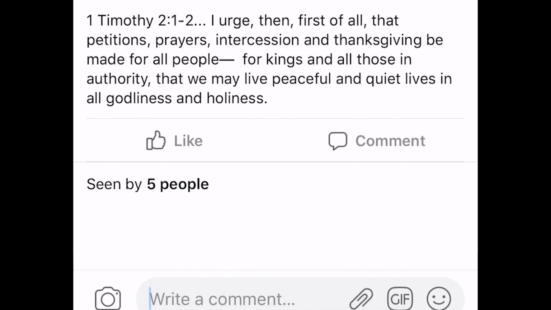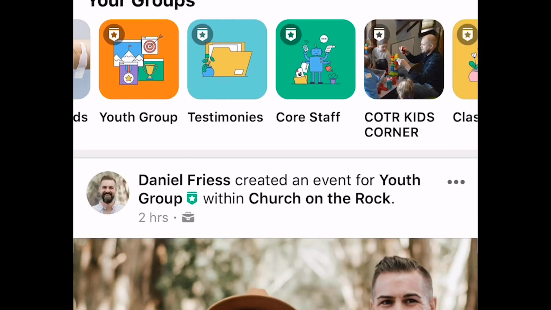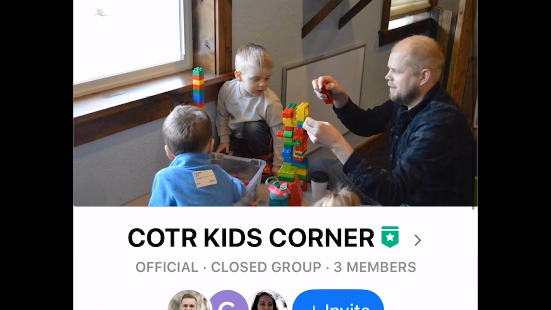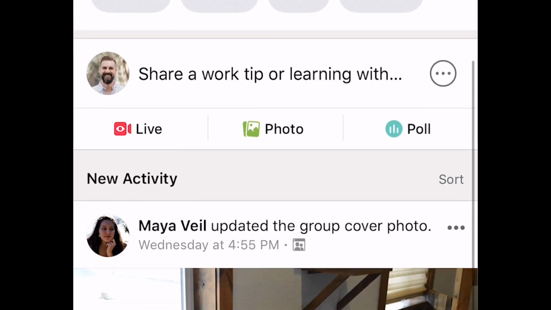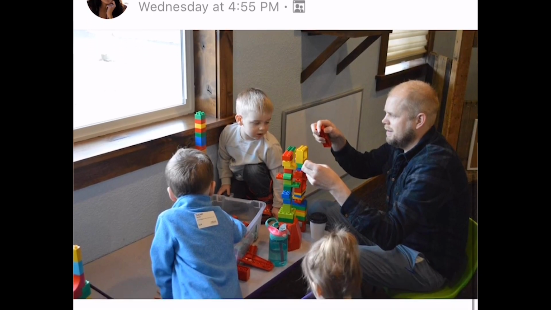One additional one is the, let's say, COTR Kids Corner. So yes, you get the newsletter announcement every single week about what's happening in Kids Corner, but here, Charity and her team can update us on even additional things that are going on that are relevant, and we can participate with Kids Corner when they've got different content, let's say, about how we can discuss with our kids the Bible studies that they're going through in their Sunday services.